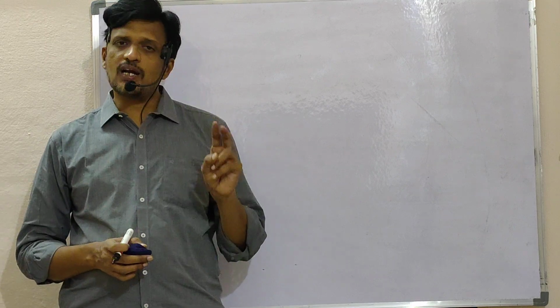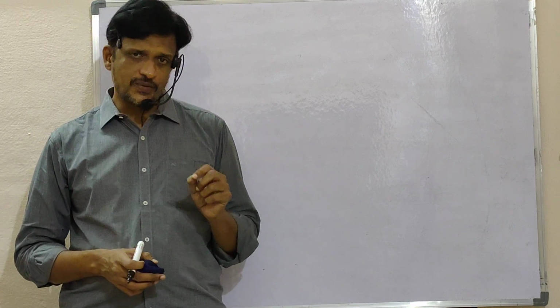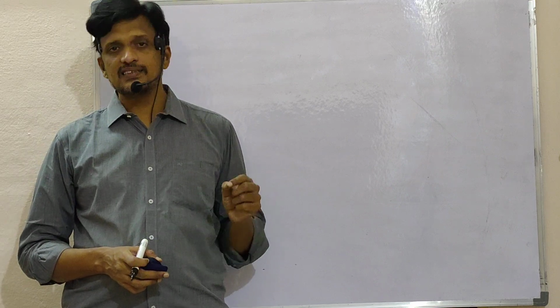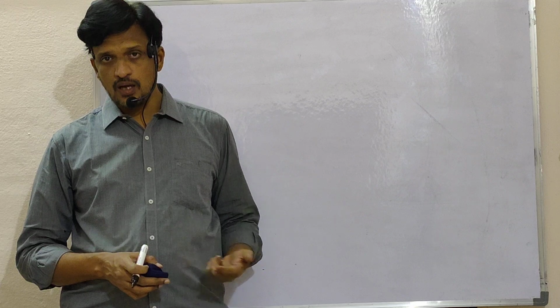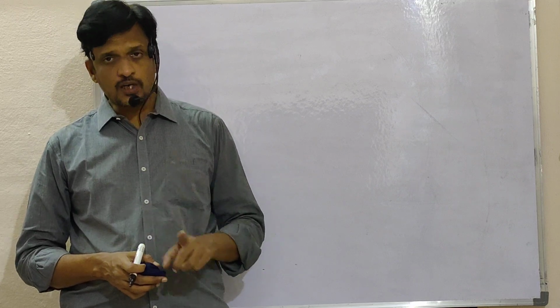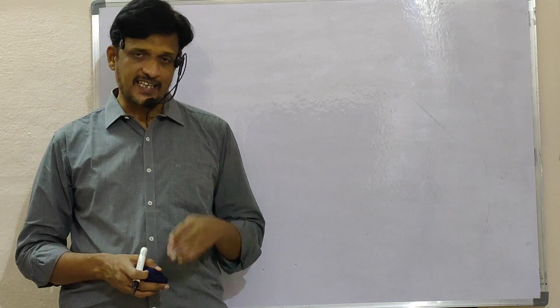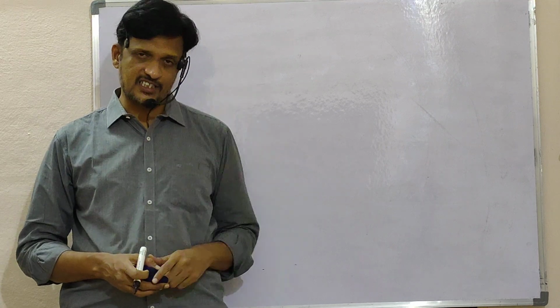Again, two quadratic equations are there. The first one has roots alpha and beta. The second one has roots beta and gamma. Then what can you say about these two? Beta is a root of the given two equations, that is, satisfying both the first and second equations.